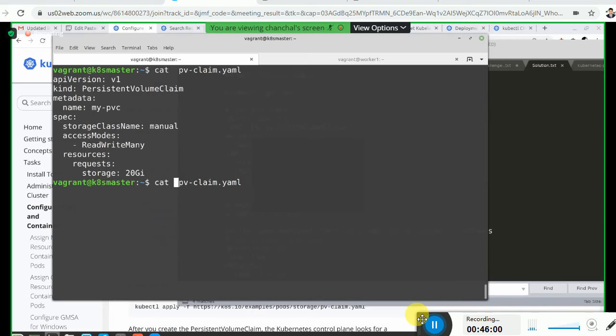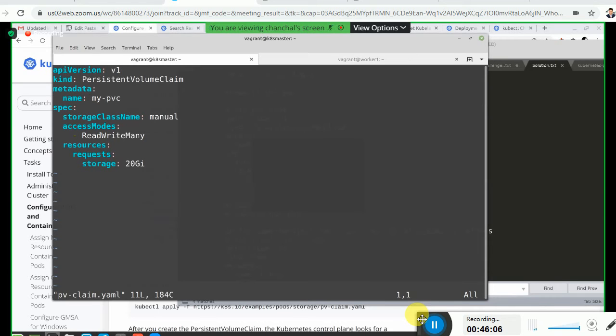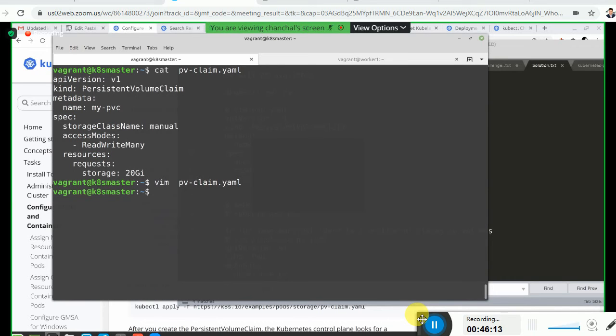Okay, storage class manual. So in VIM, if I remove this storage class part, dd, escape, colon wq, kubectl delete.